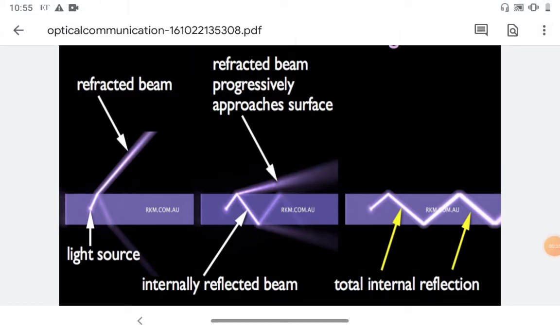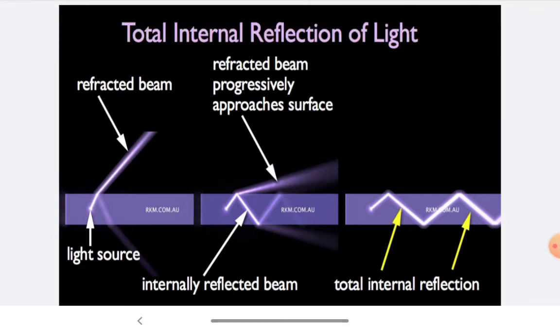This representation shows, in the first figure, that when the light is outside the optical fiber, there will be no use of that optical fiber. That light will go outside the fiber and it will not be useful for us. The light which goes inside the optical fiber is useful for us.